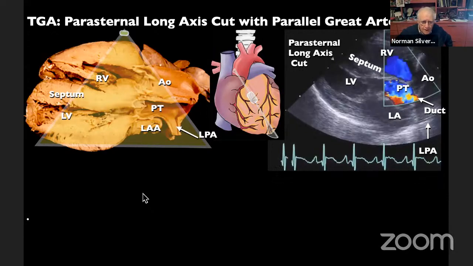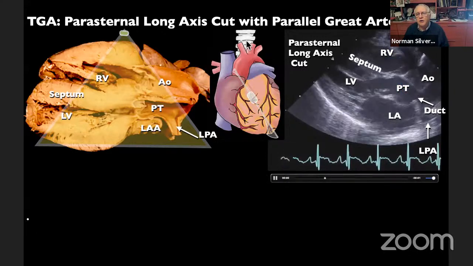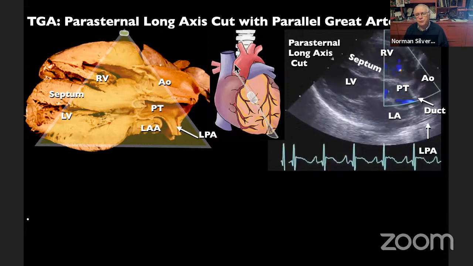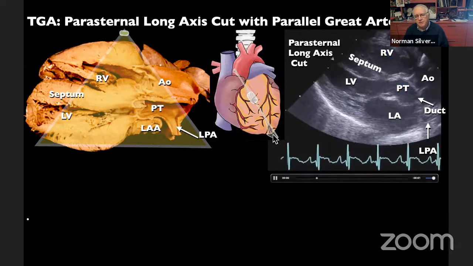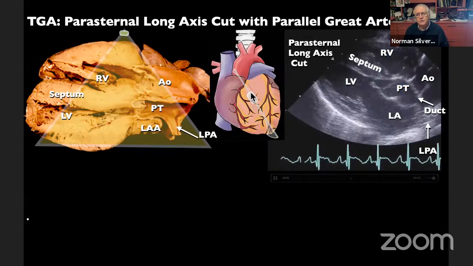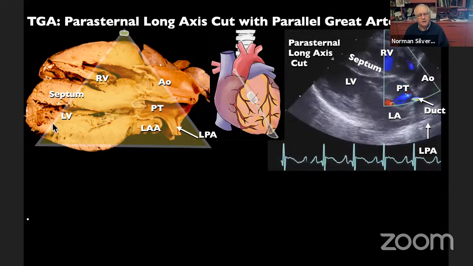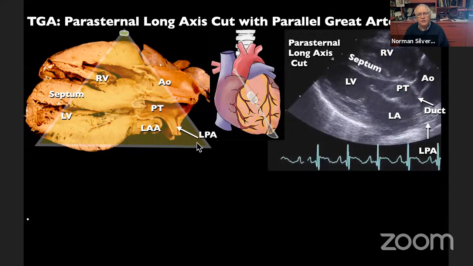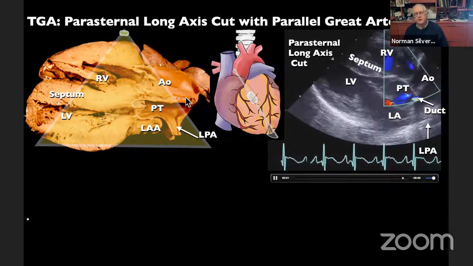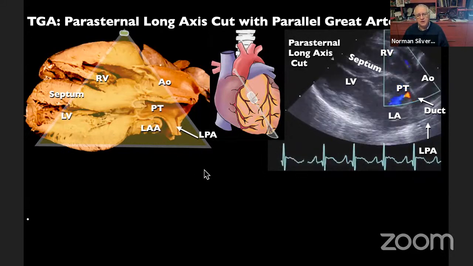echocardiogram. In all of these examples, there will be a little icon here which shows the transducer location in the parasternal position and the plane of the imaging. I will not discuss this any further. So this is a parasternal long axis view. And also highlighted in this, we will also have how the echocardiogram is cut through the specimen to show the specimen on the right. And the labels will appear, as you see here.